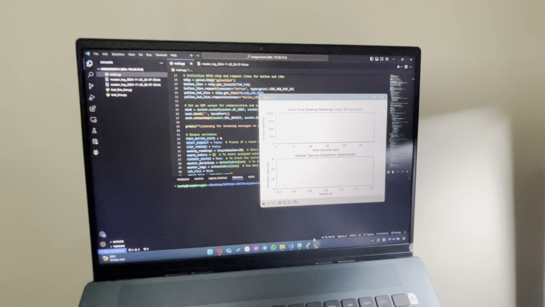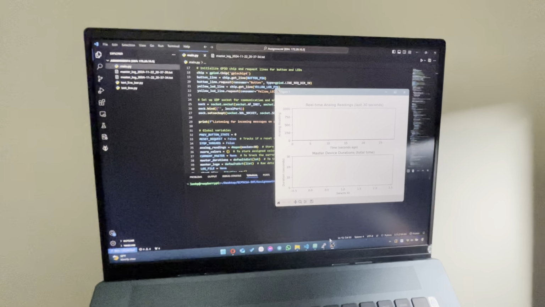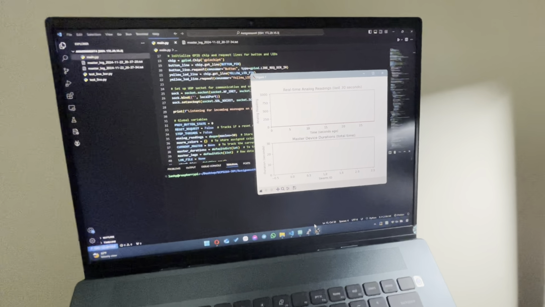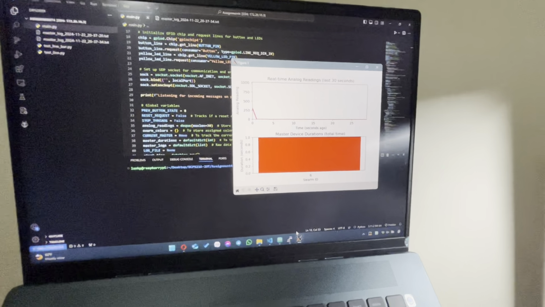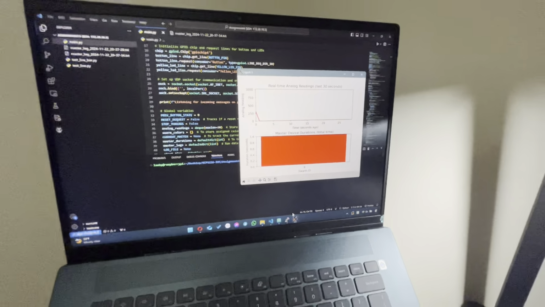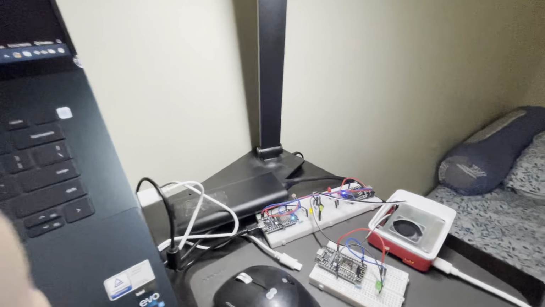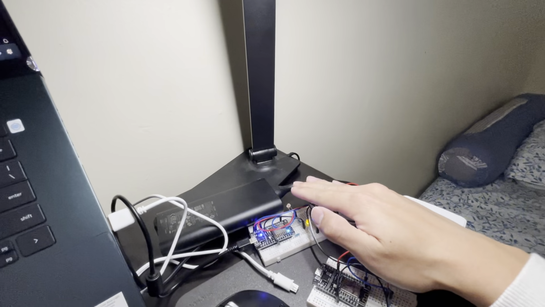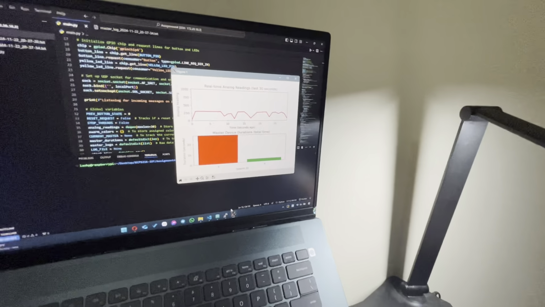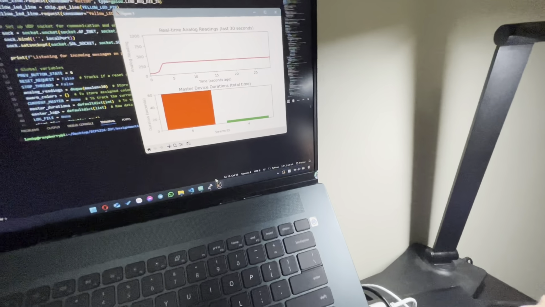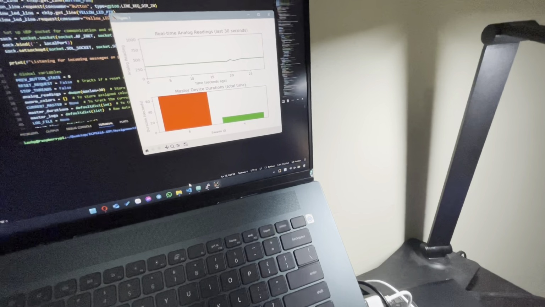So now we will see how this system can work dynamically. Right here we have 2 ESPs. Okay. Now if we plug this one in,